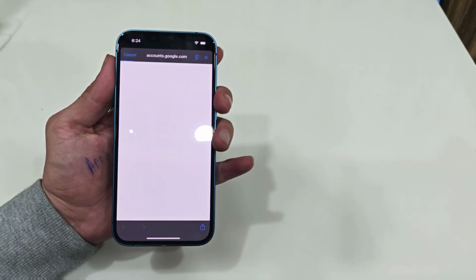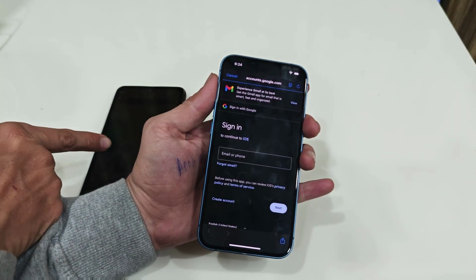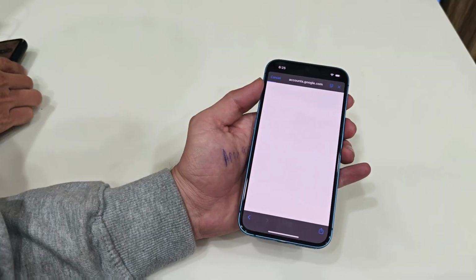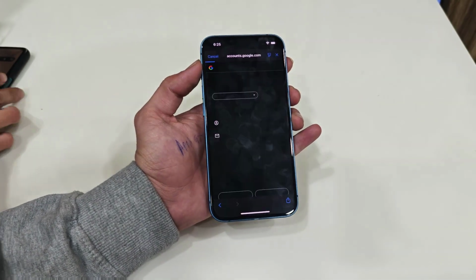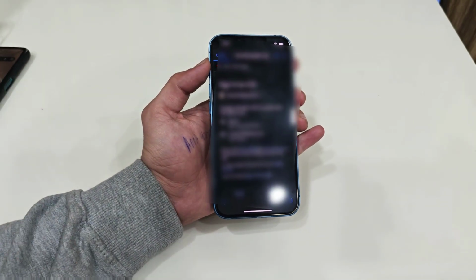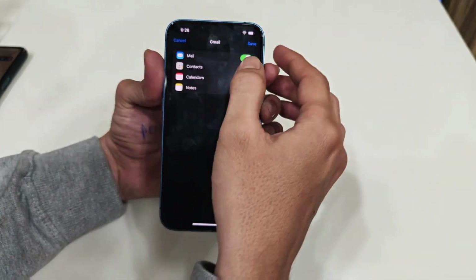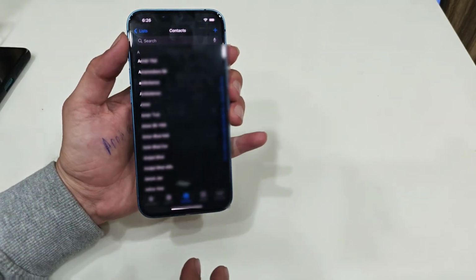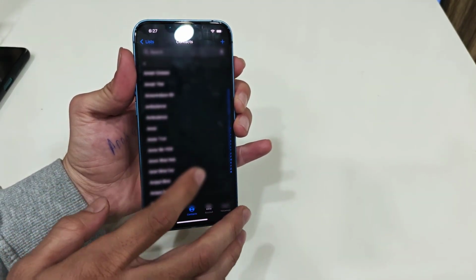Okay, and enter the same Google account which you are using on your Android phone. Enter your Google account ID and password. It will quickly add your Android phone's Google account on your iPhone. And the main important thing, you need to enable contacts from here. And here, finally, you can get all the contacts of your Android device in your iPhone, as you can see